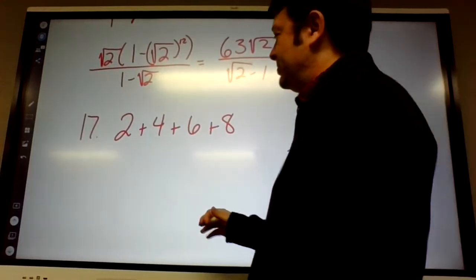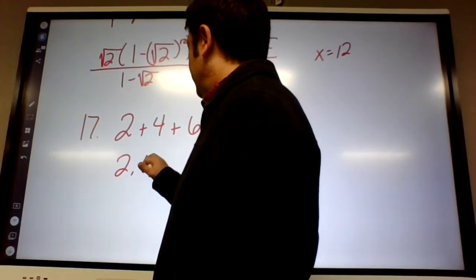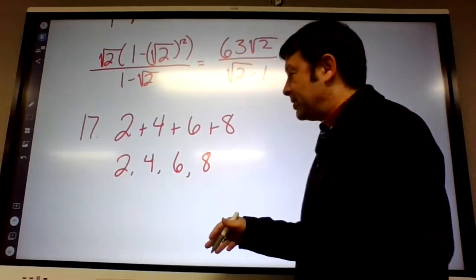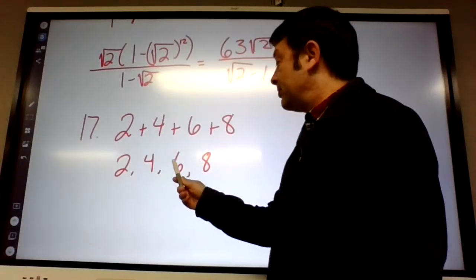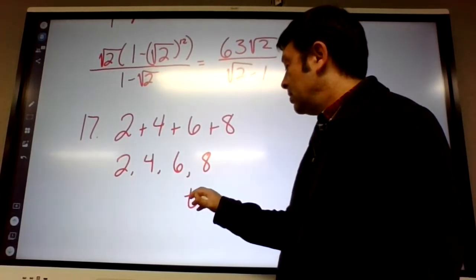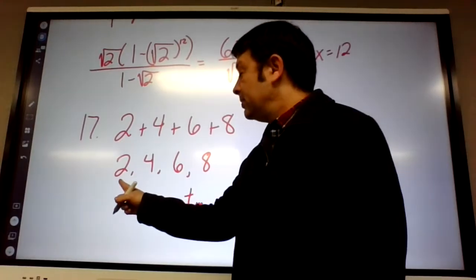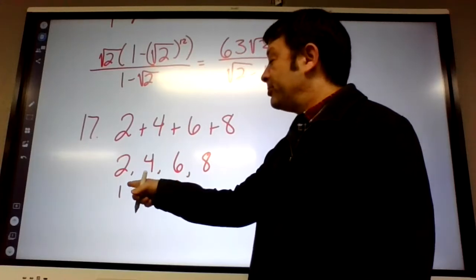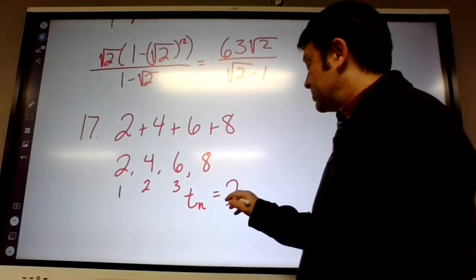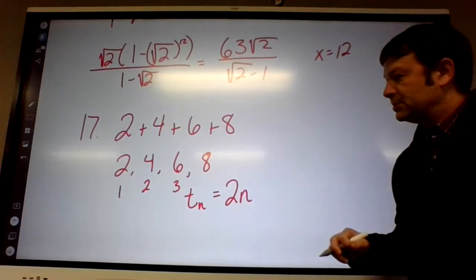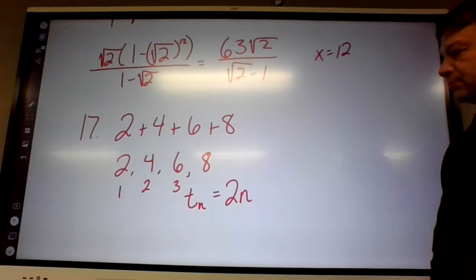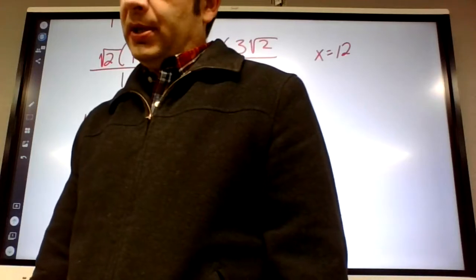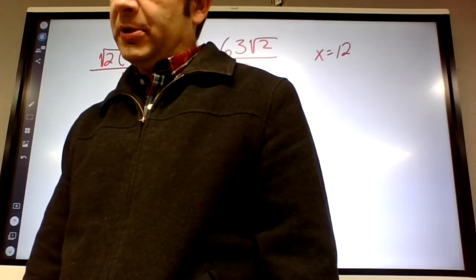Okay, so what they want us to do is think about it more as a sequence, like we did a couple weeks ago. Where are these numbers coming from? First term is 2, the second term is 4, the third term is 6. So it's just the number of the term times 2. So it's 2 times n. That's the first thing they wanted. And let's see, what's the second thing they wanted? The sum